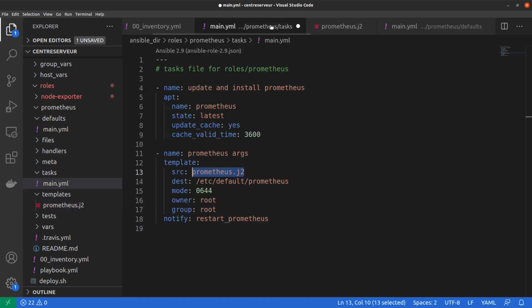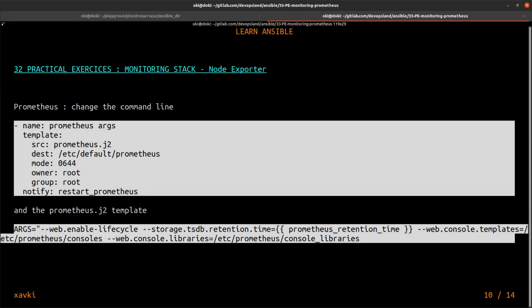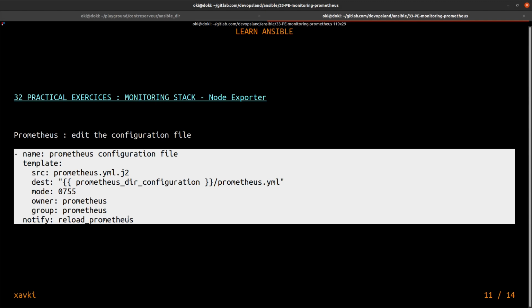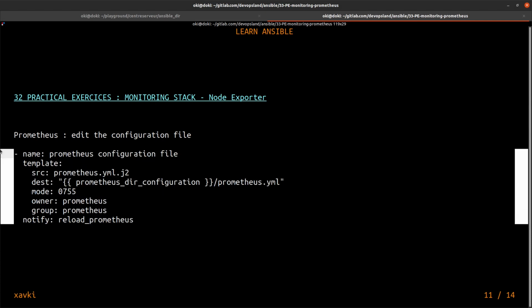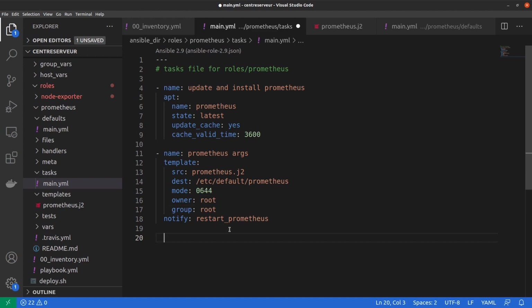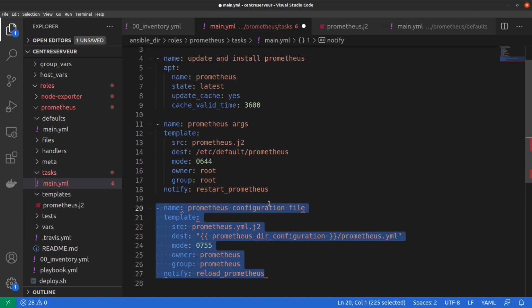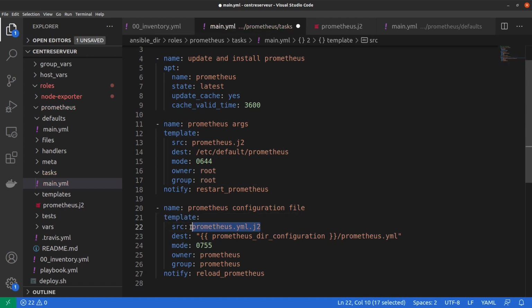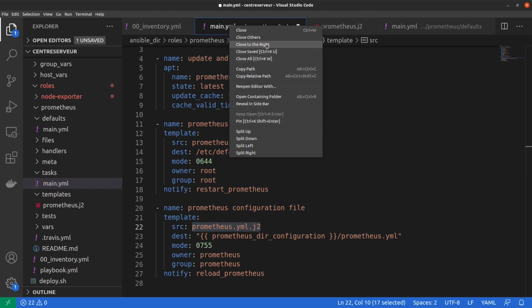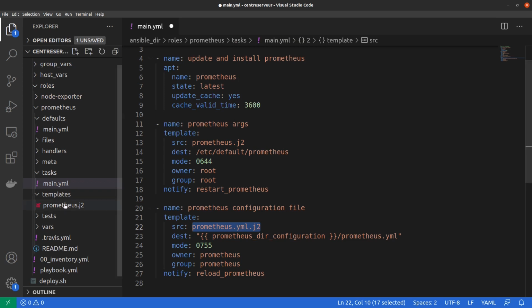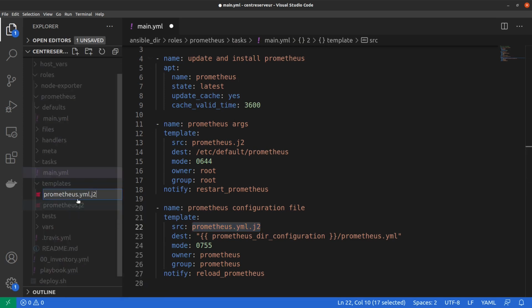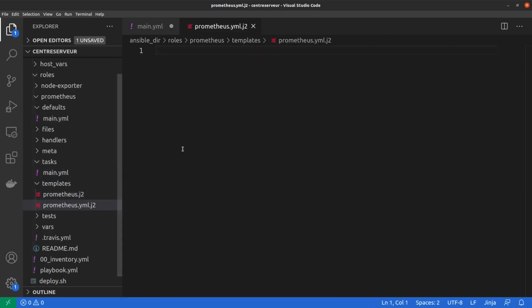Yes, I save it, and now we can add a new task. In this task, we want to install the Prometheus configuration file. So to do it, we use the template module with a new file, prometheus.yml.j2. So I can close all the others, yes. And I create a new file, prometheus.yml.j2, and this file